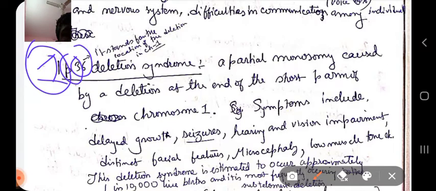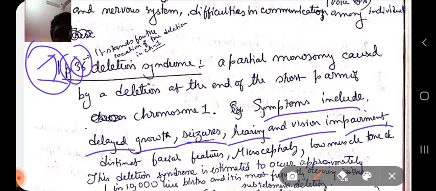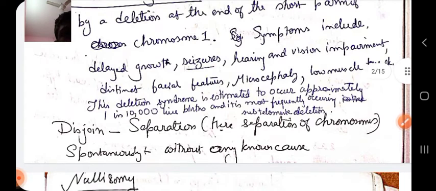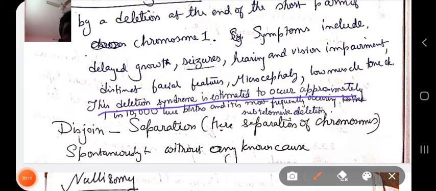What are the symptoms of 1p36 syndrome? Delayed growth, seizures, hearing and vision impairment. There will be problems in hearing and vision. Distinct facial features: your facial features will be different from a normal person. Microcephaly, this term means small head, and low muscle tone. This deletion syndrome is estimated to occur in approximately 1 in 10,000 live births,